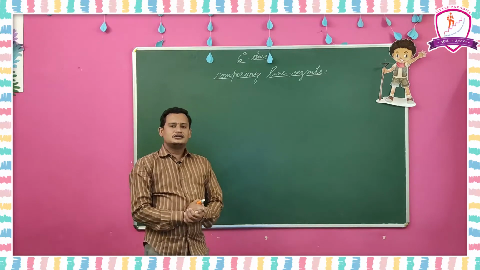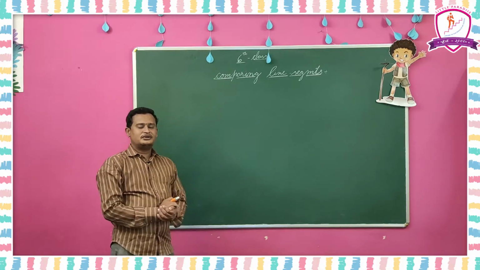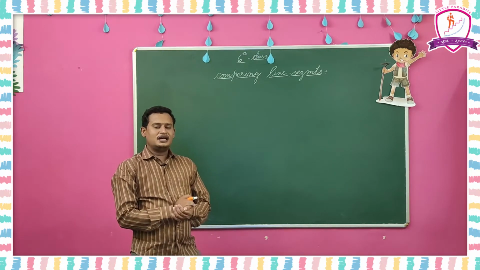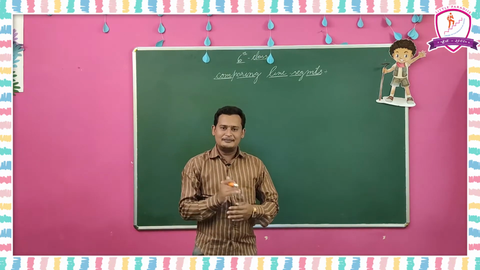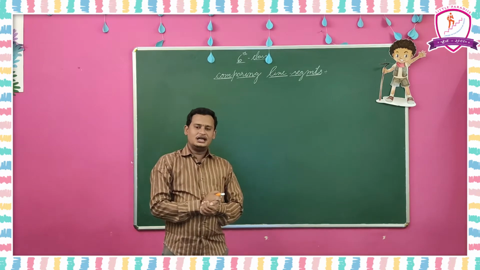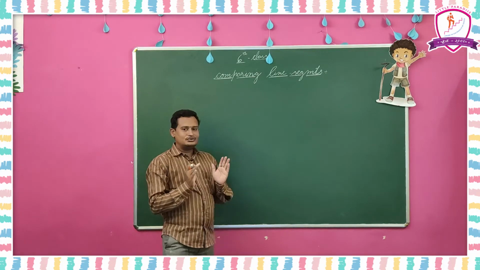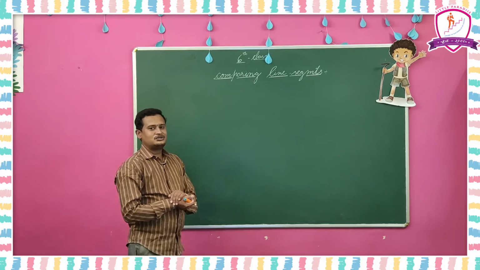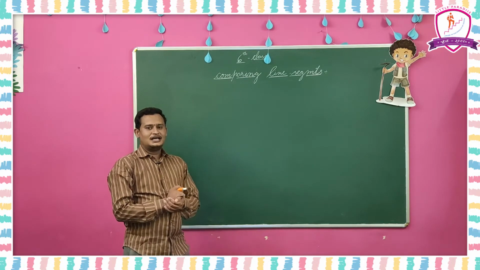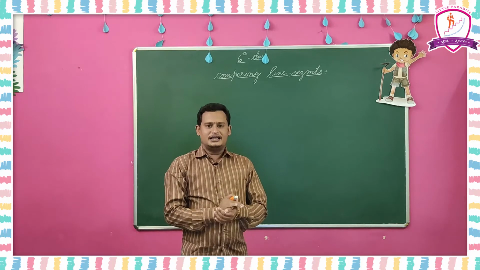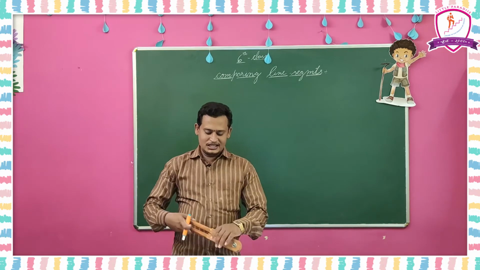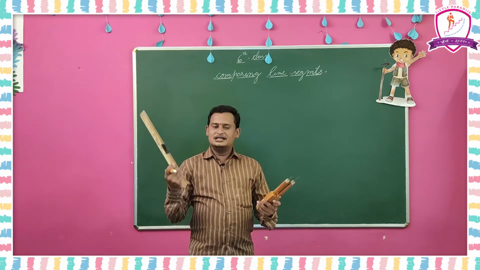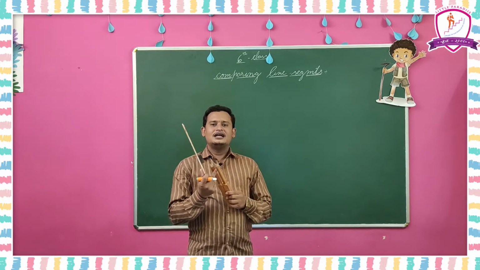Hi students, in this session we are going to discuss how to compare line segments. What instruments do we have to use to compare line segments? Here we are using two things: the first one is the ruler and the next one is the divider. These two things will be there in your compass box.